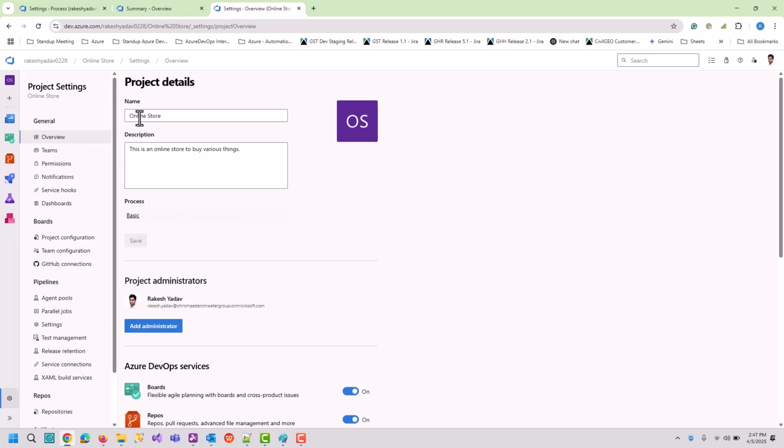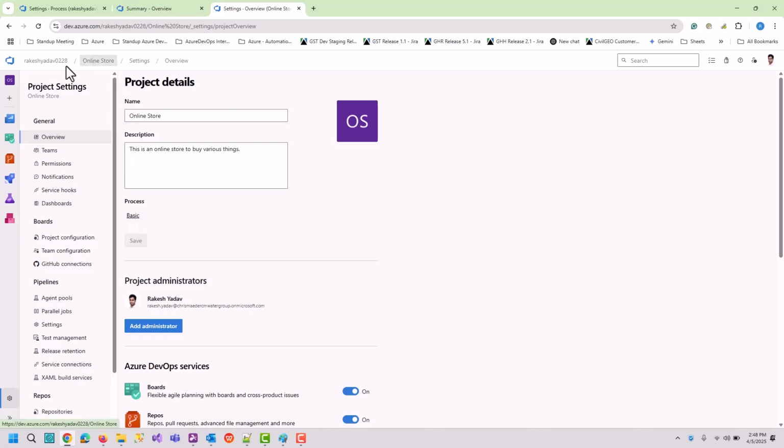Here you can see other options also, the name of the project, description of the project. You can edit those things here, and you can also assign a logo or any image you want to assign to your project. The process currently associated with it is basic, so we need to change this to the newly created process, named dev process.